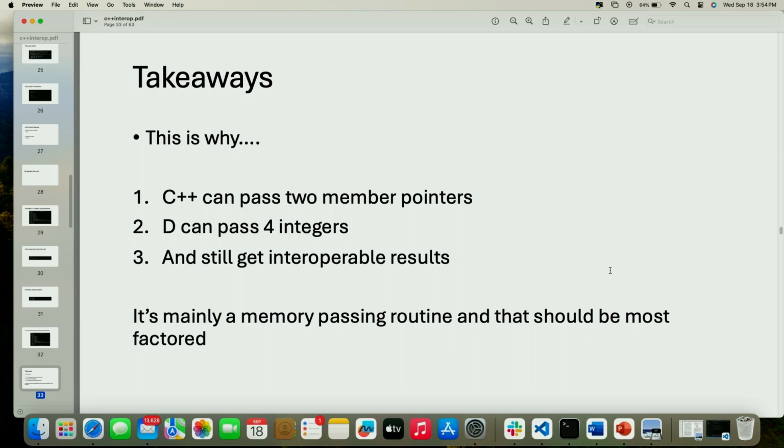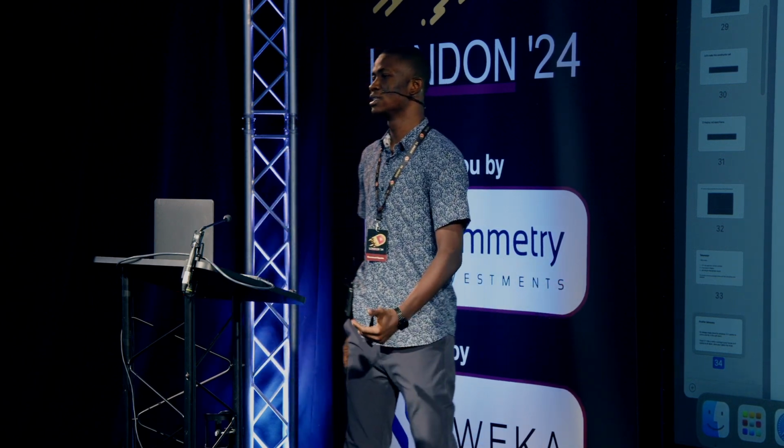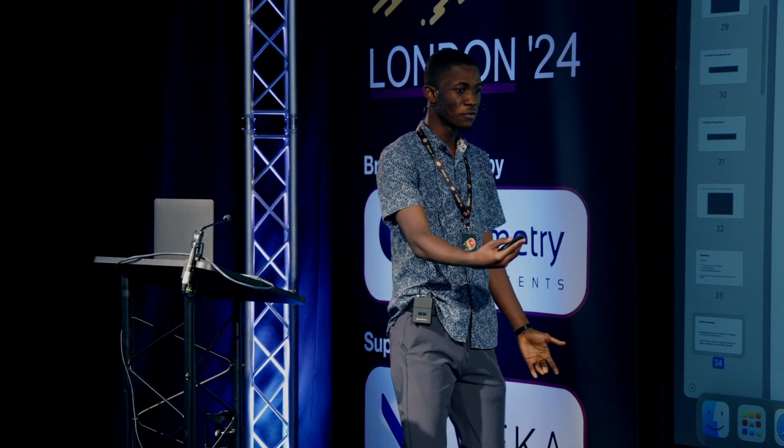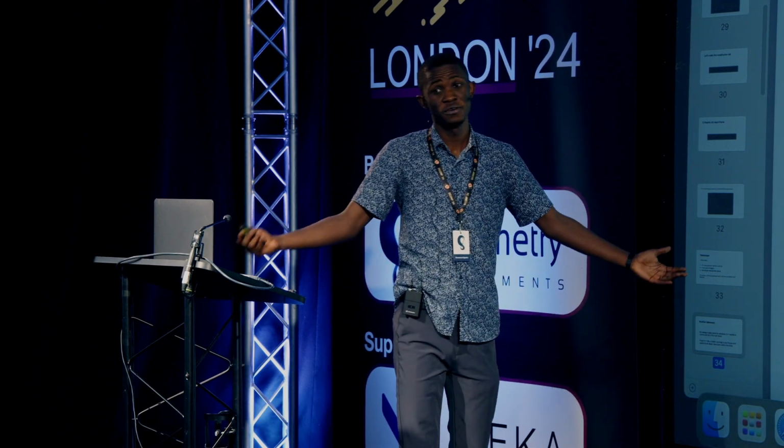But there are some trade-offs when it comes to thinking like this. Always make room for whatever C++ wants to come and do in the call stack. If C++ wants to come and sit down, make sure you give C++ a chair. If C++ wants to come and eat, make sure you provide food for C++, because if it wants to eat and there's no food allocated in D, it will try to take something which is not there, or maybe steal your food away or something from your house. So basically, make sure when C++ is coming, you have food for C++. If C++ wants to drink water, you have water for C++ in your call stack,